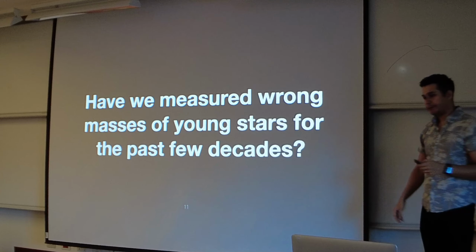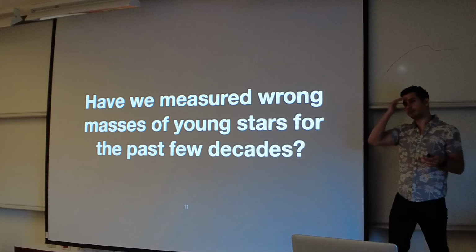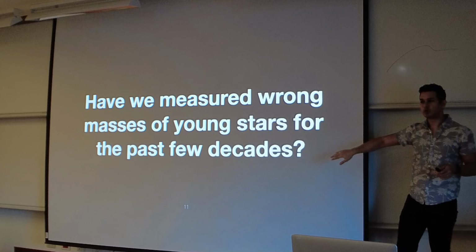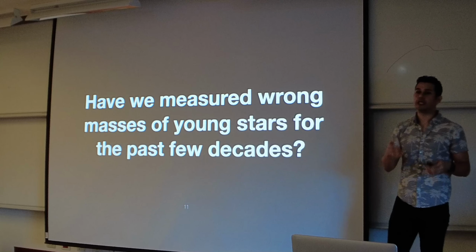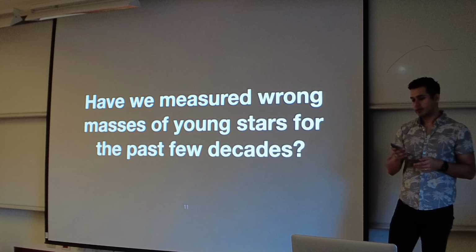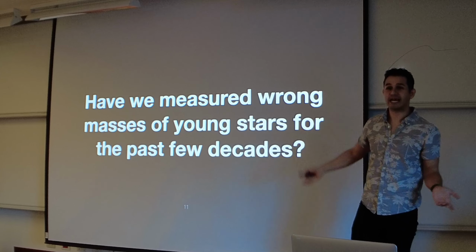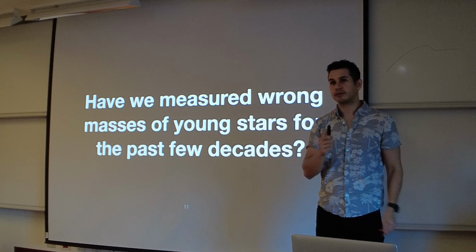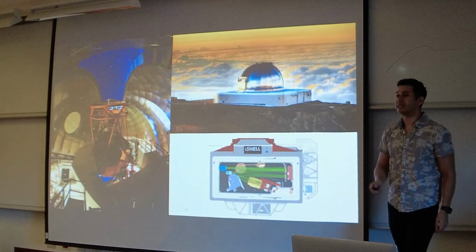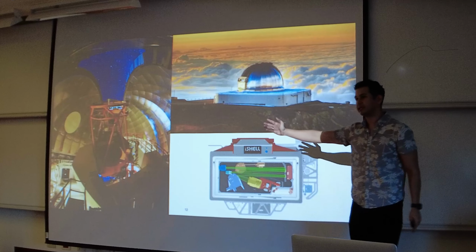So the question is, is Lee Calcium-4 some weird star that we hope we never encounter again? Or is Lee Calcium-4 really representing what happened in young stars that are strongly magnetic? Basically, have we been measuring wrong masses for all this time in astronomy, for young stars in the optical? So to answer that, of course, what we need are more observations, especially in the infrared, because optical temperatures are